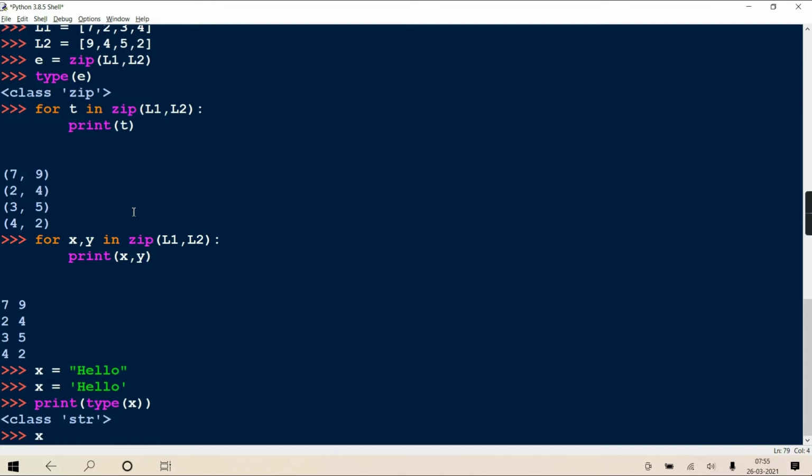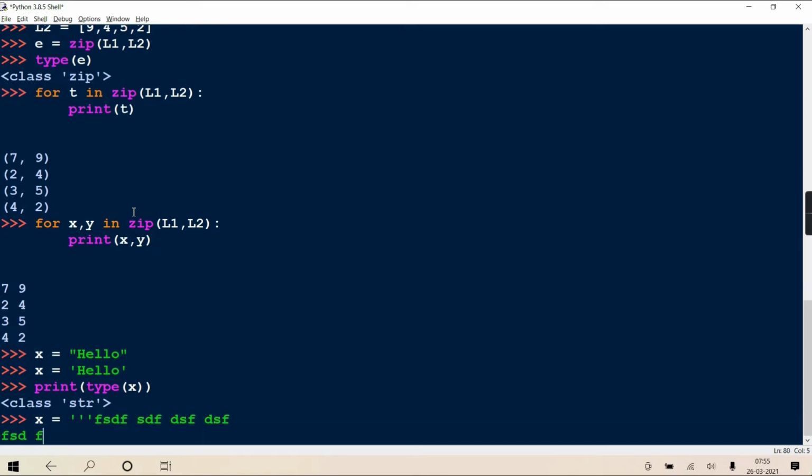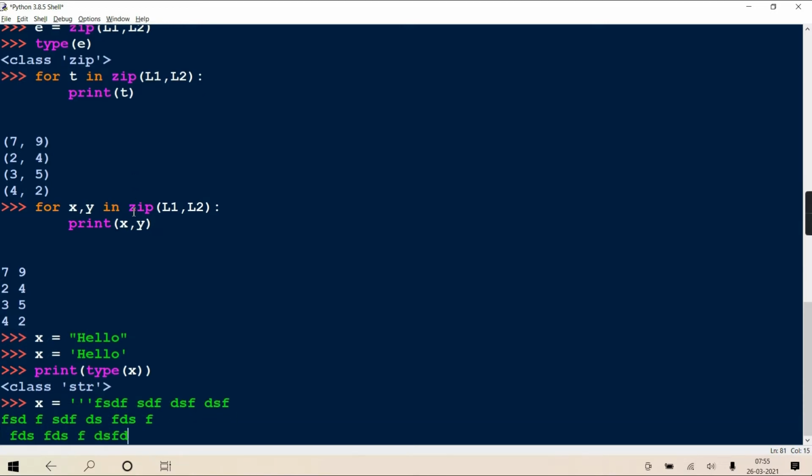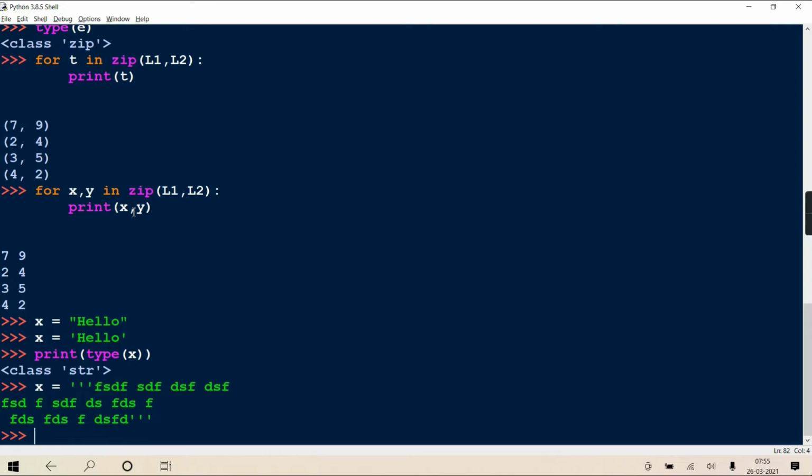And if you want to extend the string to more than one line, there is the triple quote. In this you can extend it to any number of lines, and everything in that triple quoted string is preserved, like spaces, tabs and newlines, exactly as it is.